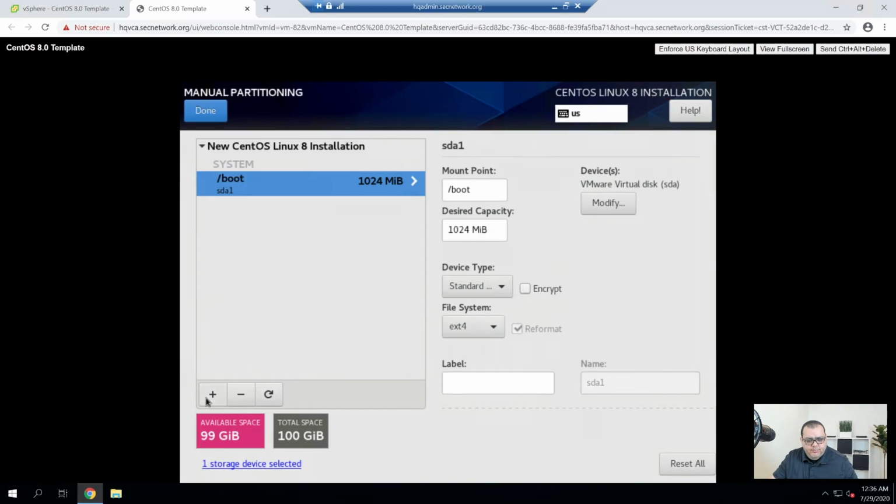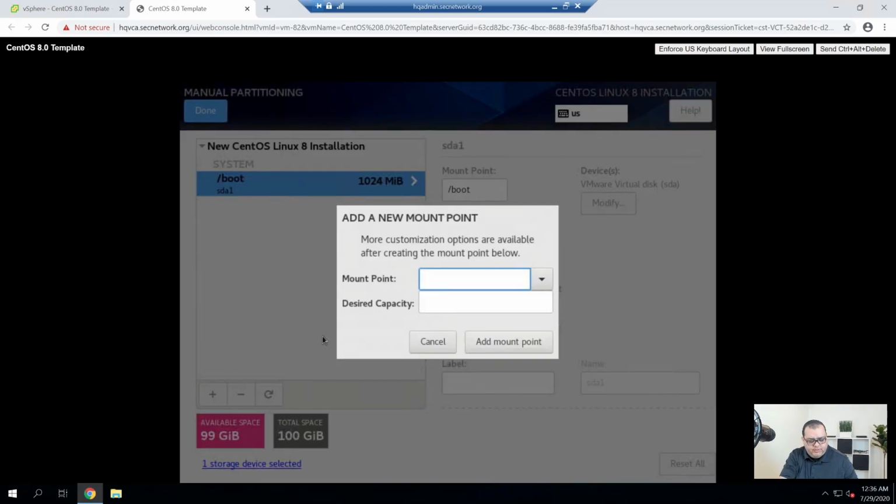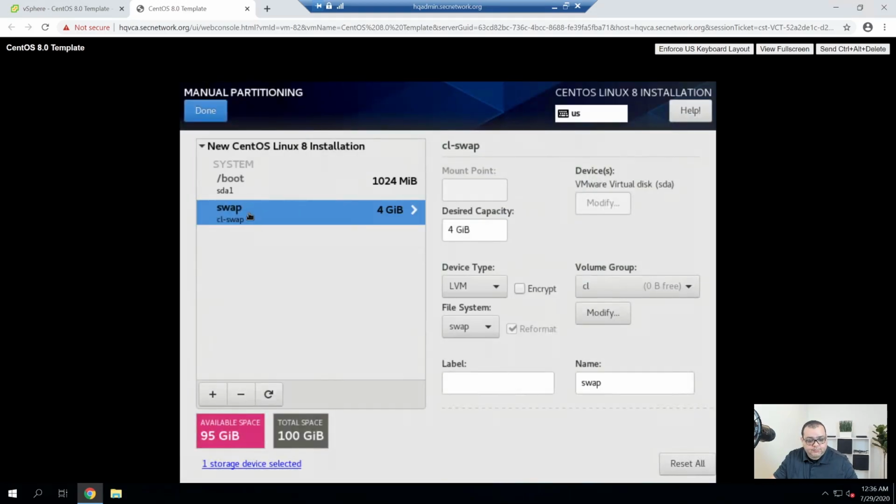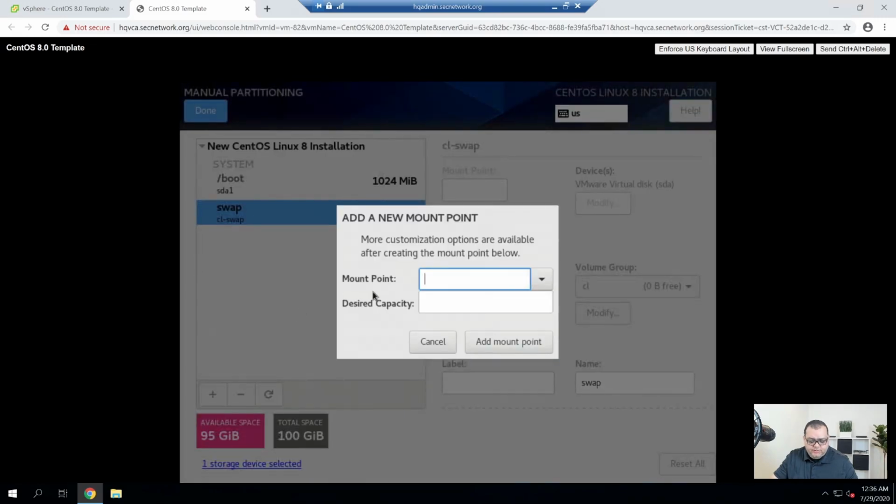And then I'm going to create, I'll do a 4 gig swap. And then I'm going to put the rest of the free space at the root.